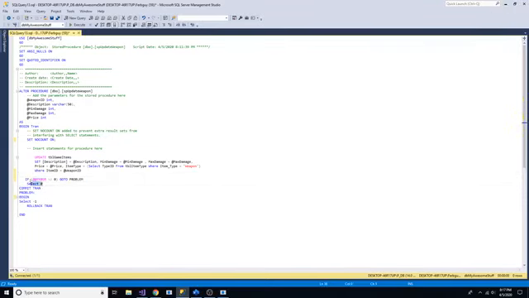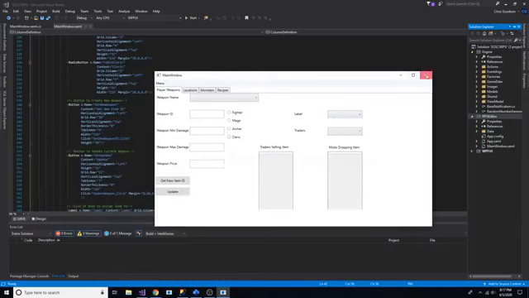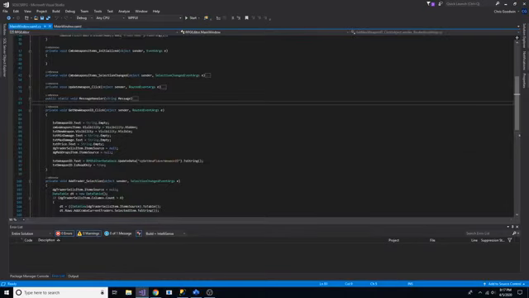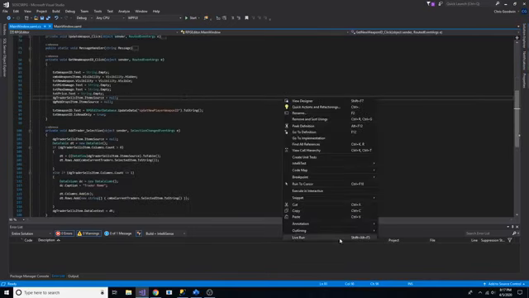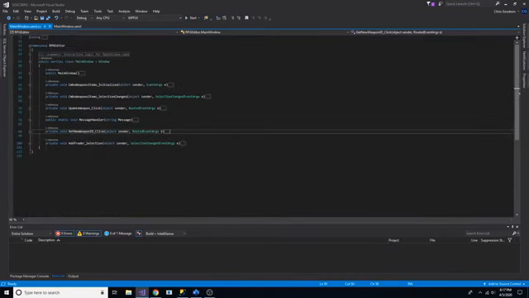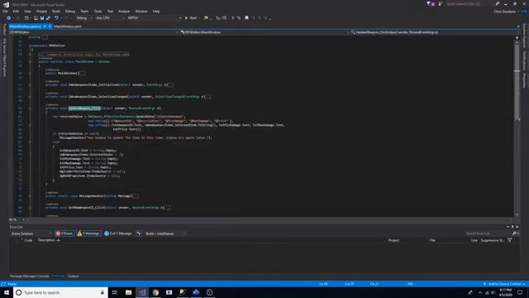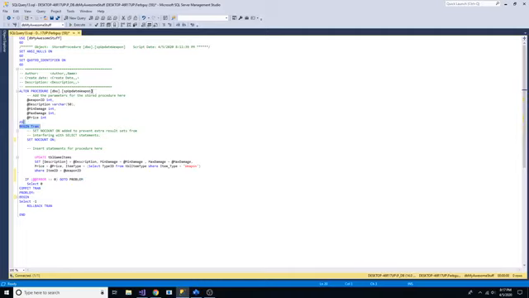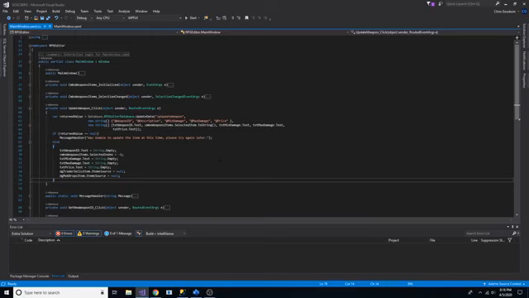Let's go look at the code and see if I've implemented this to check for that. So we'll come over here to the update button. We'll right click, outlining, collapse definitions, and that collapses everything within that window. And the update button click is what's related to the stored procedure. So SP update weapon, yes, that's the right stored procedure that uses the transaction. And we'll come over here